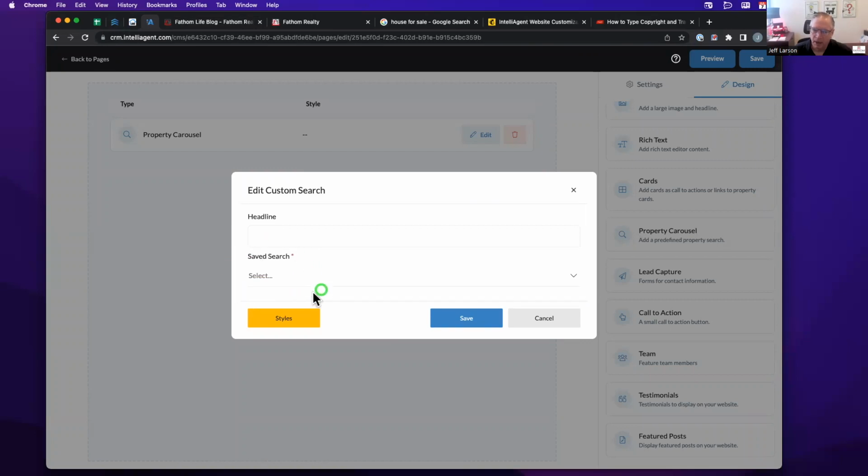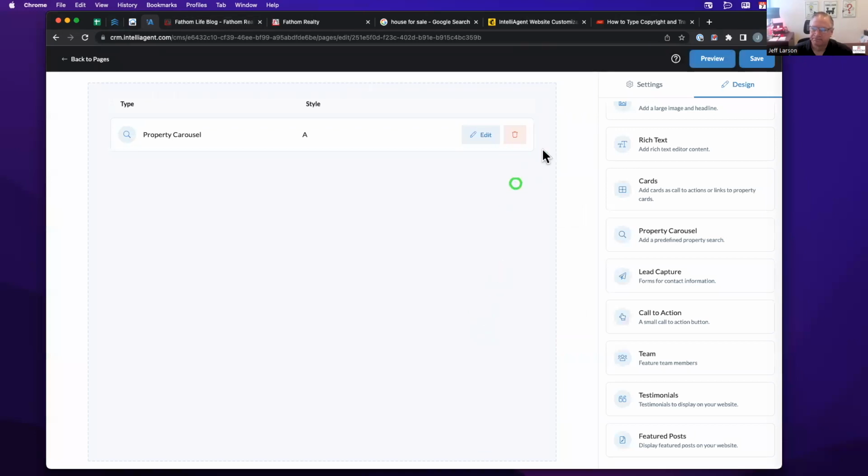And this is the part where you have to have that saved search that we did before. So when you do the drop down, now I have two different ones that I could pick from because I've made two searches. In this case, I'll pick the Orem townhouse or condo that we just set up and save it. Now when I preview it,